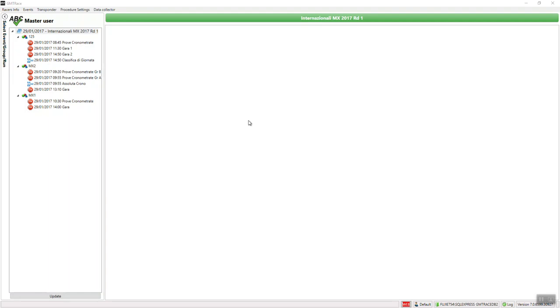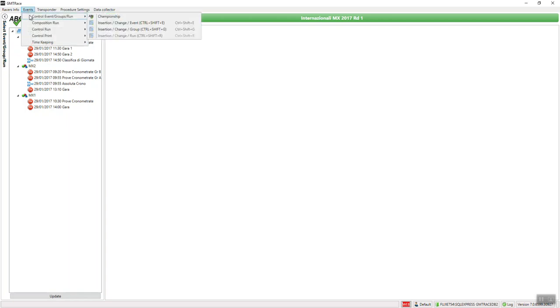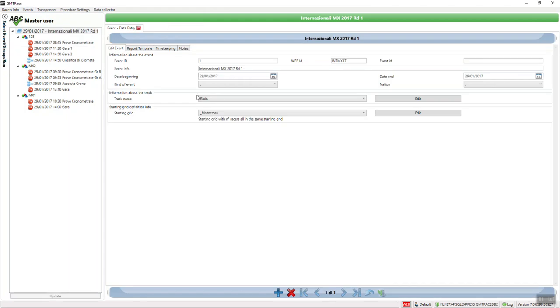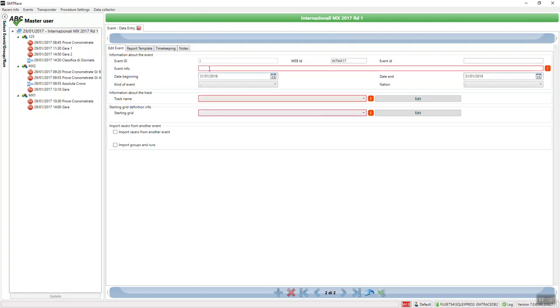Here we see how we have to create an event. First of all, we have to go on Event, Control Event, Groups and Run, Insertion. In case we have already other events in the database, we need to press plus and start creating the new one. We type the name of the event